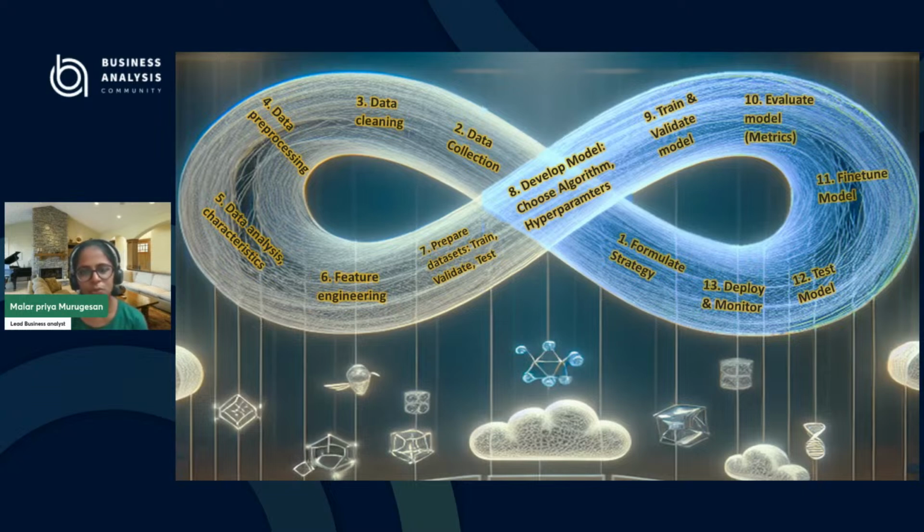And then finally we will train our model, validate our model, and evaluate with different metrics. For every different machine learning type, we have different metrics we need to follow. Based on that, we will evaluate the model, and based on the evaluation, we may again need to fine tune our model and test our model finally, and then finally we will deploy and do the inferencing, right? So now let us move on to the project phases.